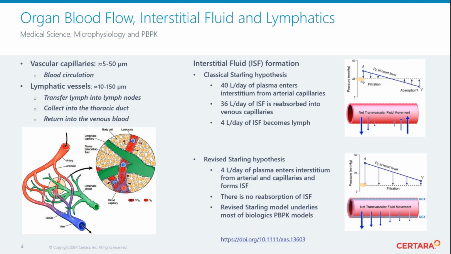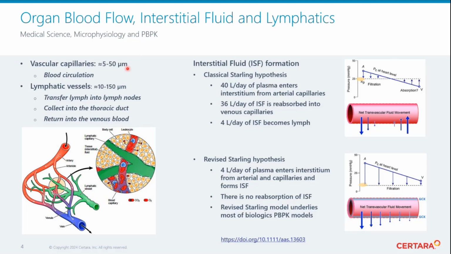So, just cutting out this small slice of tissue, well, we'll find there are arteries, blood flowing in, blood flowing out. There is oxygen exchange. There are capillaries in between. And in these capillaries, a fraction of the plasma will actually leave circulation. And then it will enter interstitial space, extravascular space. And from that interstitial space, it will then be collected into lymphatic vessels. These flow to the lymph nodes, from lymph nodes through thoracic tract back into venous circulation.